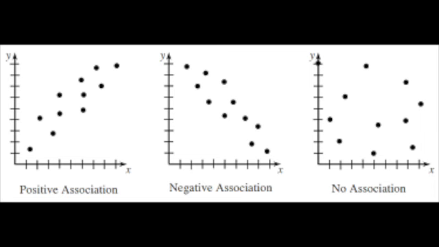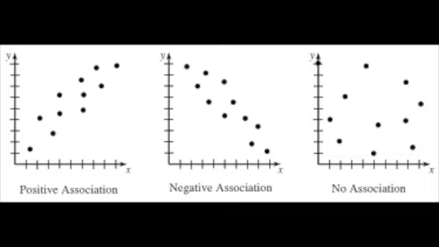There are three types of associations. The first one is the positive association, which indicates that a higher intake of the nutrient would lead to an increased risk of developing the disease. The second type is the inverse association, which indicates that a higher intake of the nutrient would decrease the risk of developing the disease. The third type is no association, meaning that your exposure to the nutrient has nothing to do with the outcome